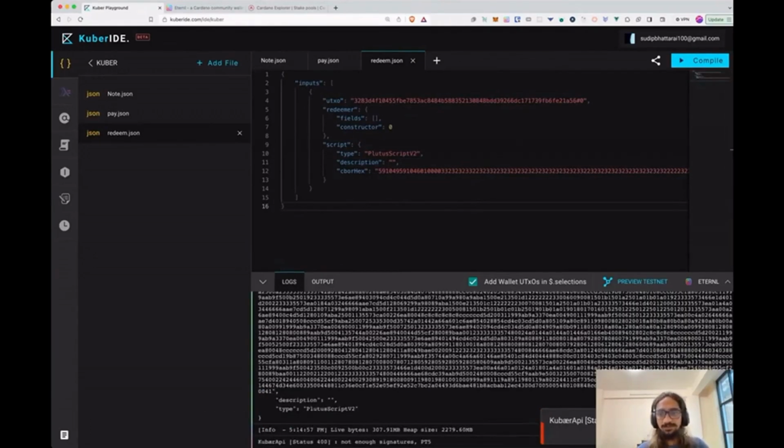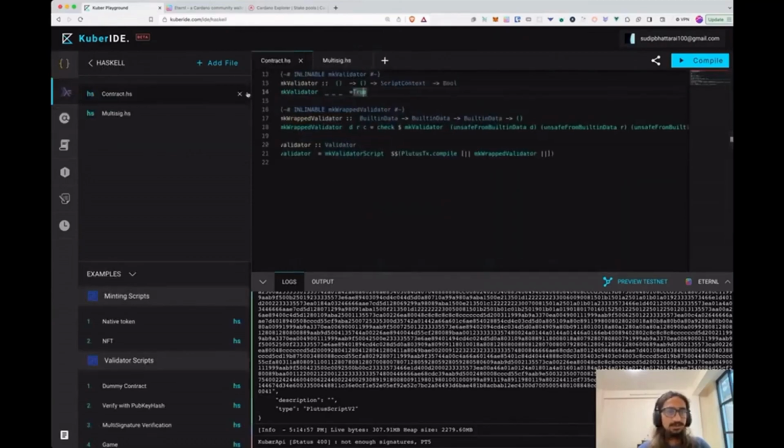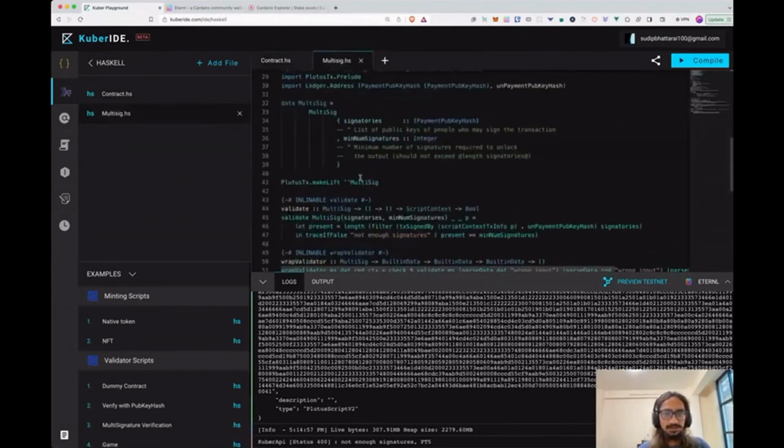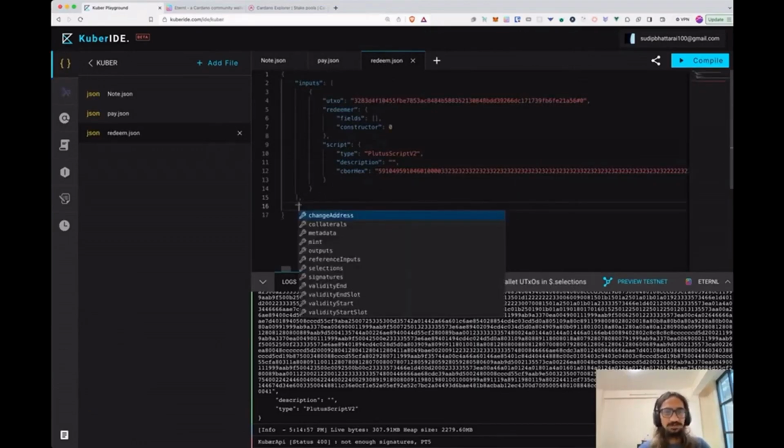Okay. Not enough signatures. So we do not have enough signatories that have signed this transaction. If we see our contract, it says not enough signatories if the transaction doesn't have enough signatures, if present is not greater or equals to min number of signatures. So we will have to add the extra signatures